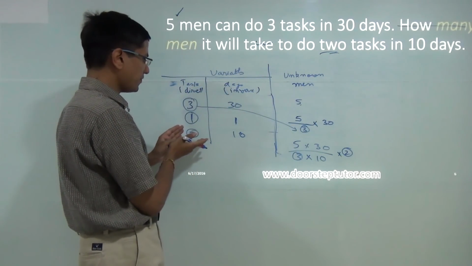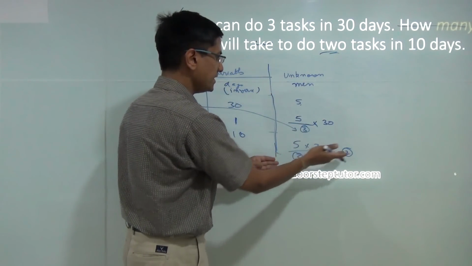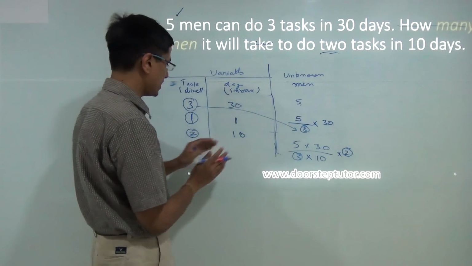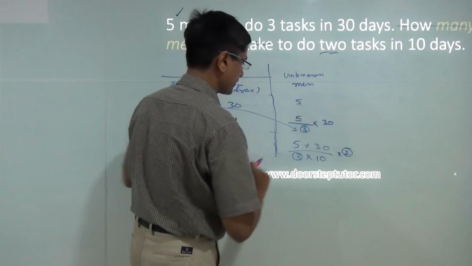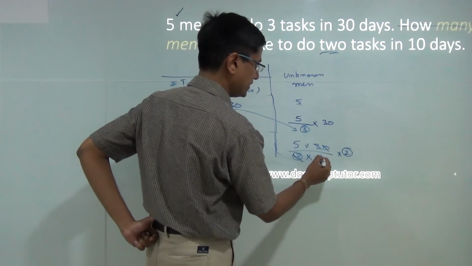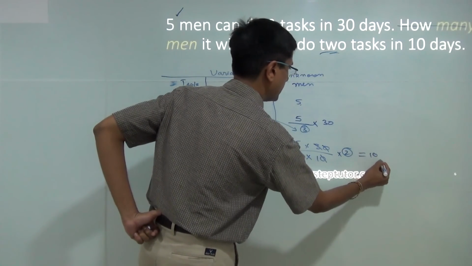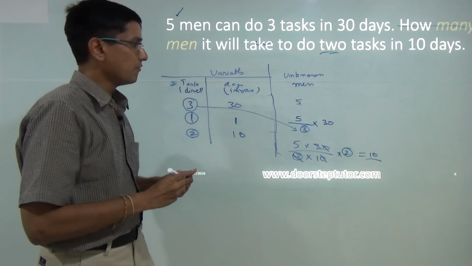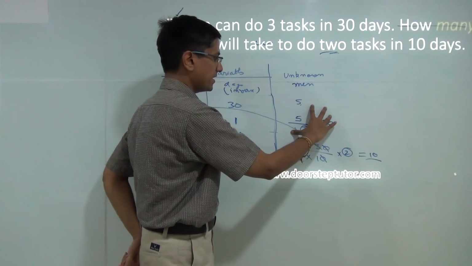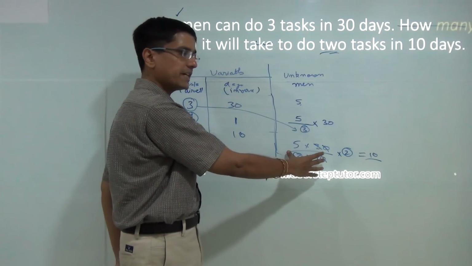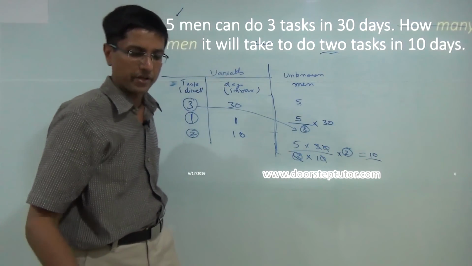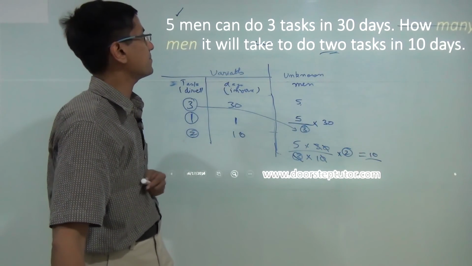If I increase the number of tasks, my number of men would increase. So this has to come here. It is very natural, right? But I can do it mechanically now. I know that this 2 would come here. So now to solve it very quickly, this 3 and 3 get cancelled, this 10 and 10, and the answer becomes 10. One more thing, remember, do not simplify the expression right here, because here there would be more terms added and subsequently you can cancel out a few more terms and derive the answer very quickly. So do not simplify at this step.